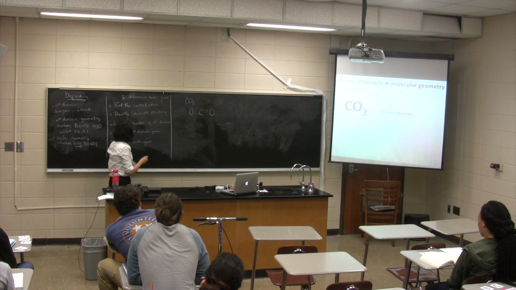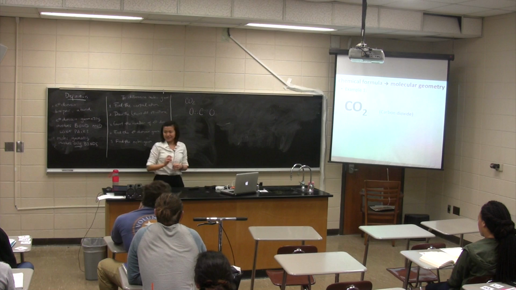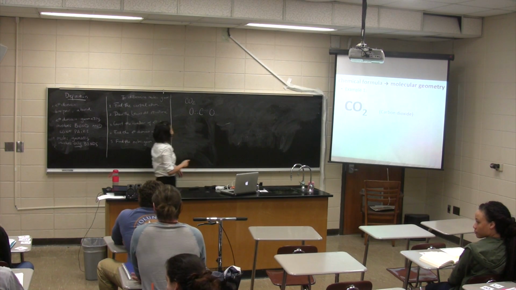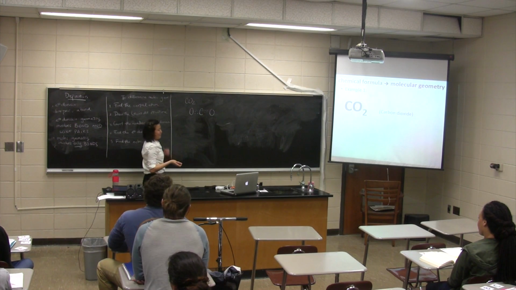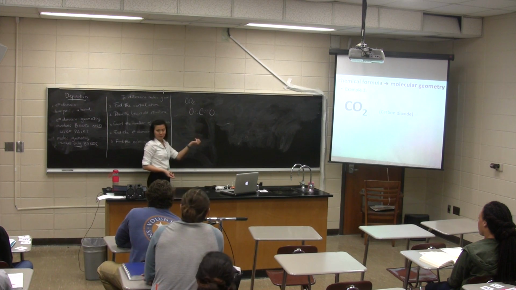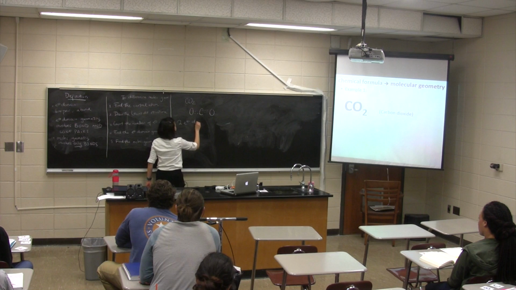Alright, so count the number of electron domains. How many people think? Are you raising your hand? No? I was hoping that you would. Okay, so it's the first example, I'm going to tell you. There are two bonds surrounding carbon, no lone pairs. So essentially there are two electron domains.